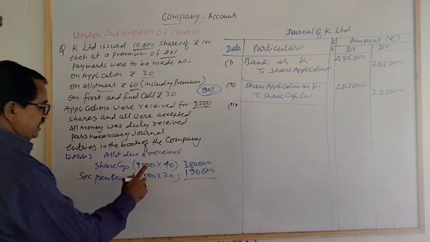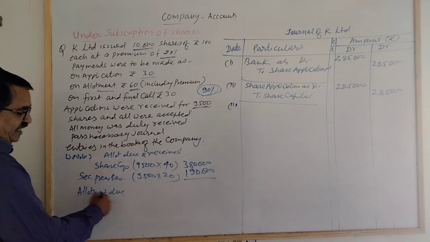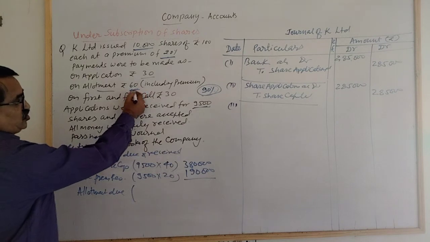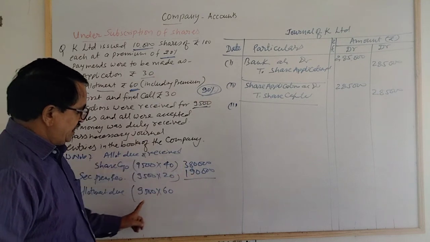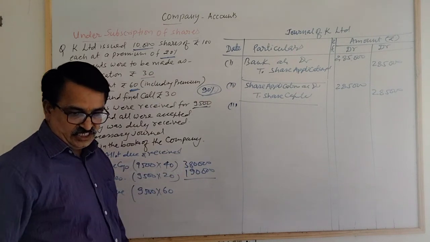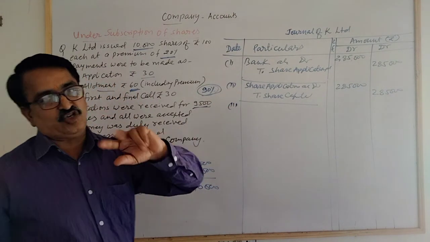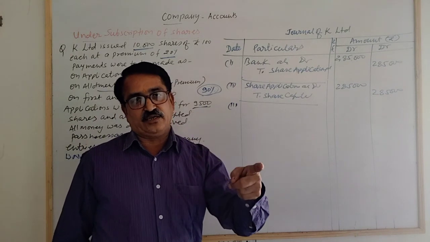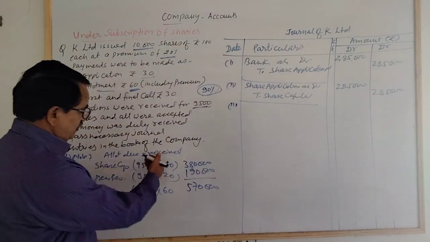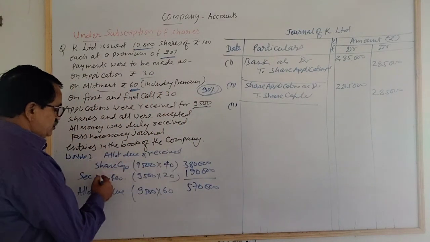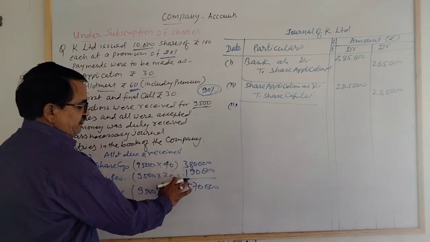So what is the amount we made due on allotment? This is your allotment money. In the question total allotment is 60, so multiply 9,500 into 60. Your total will be ₹5,70,000. Students, in case of allotment we have three accounts: allotment account, share capital account and securities premium account. So we calculate the share capital amount, the securities premium amount, and this is your allotment amount. You can calculate the values like this.